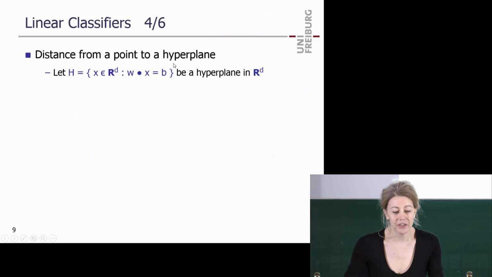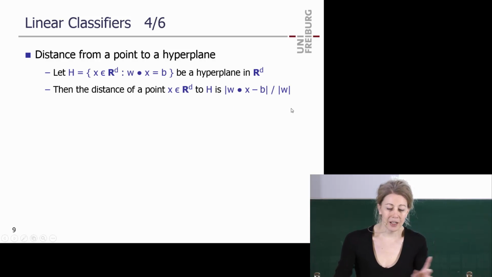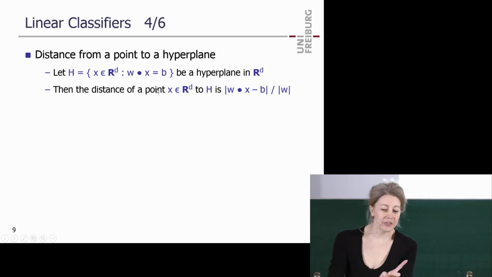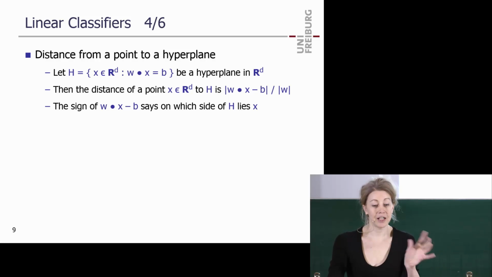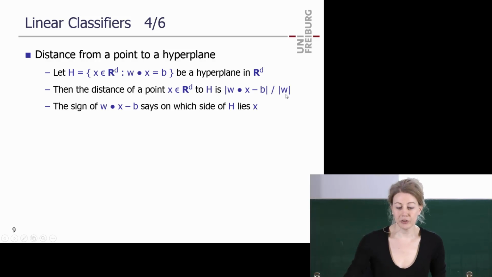It's actually again quite easy. So let's take this definition. This is the nicer definition. A hyperplane is defined by the normal vector and some b. Yeah? And then it happens to be that the distance of a point, any point x to the hyperplane, is just, you just take this minus b, and then you just see whether it's positive or negative. Then you know the side, and if you want to know the distance, you just do this. Let's just prove this. And this is what you need in your code, right?